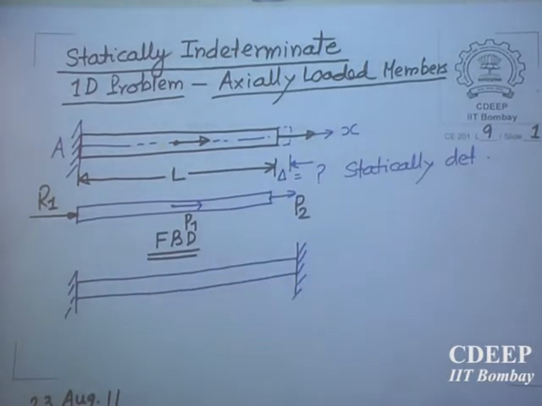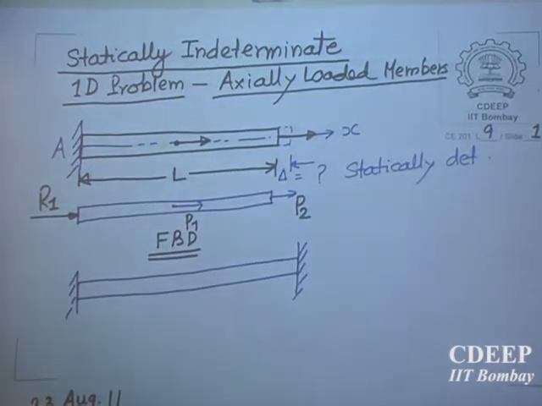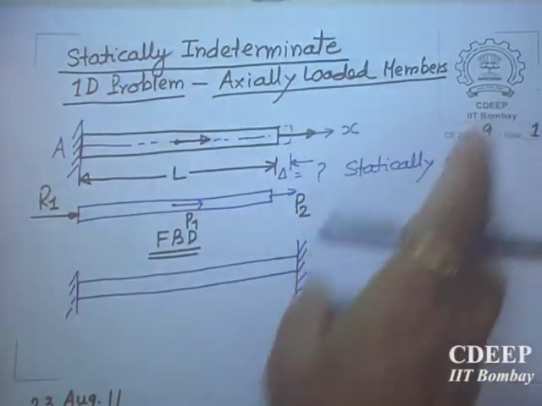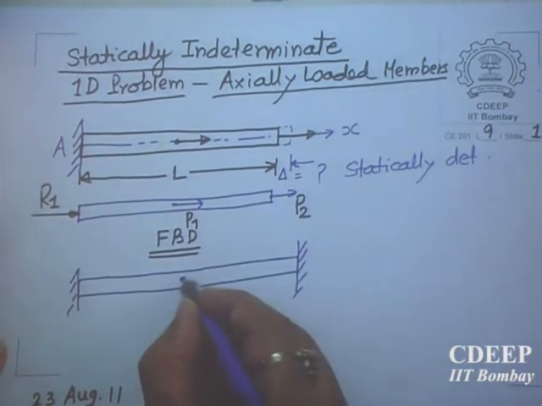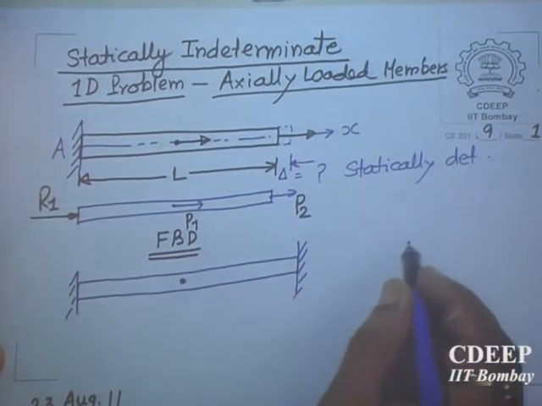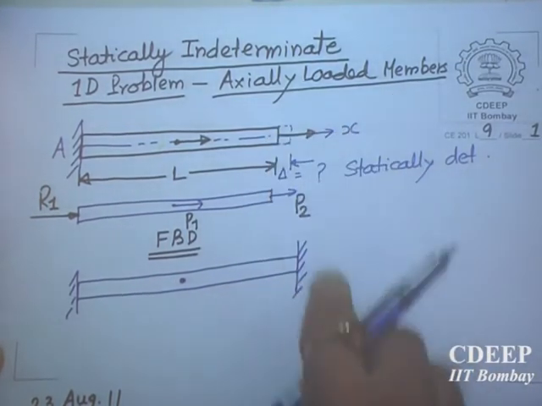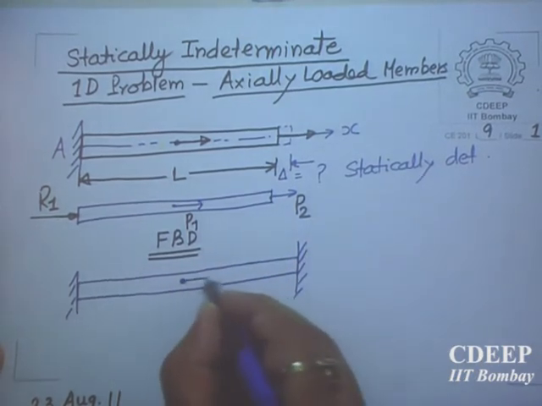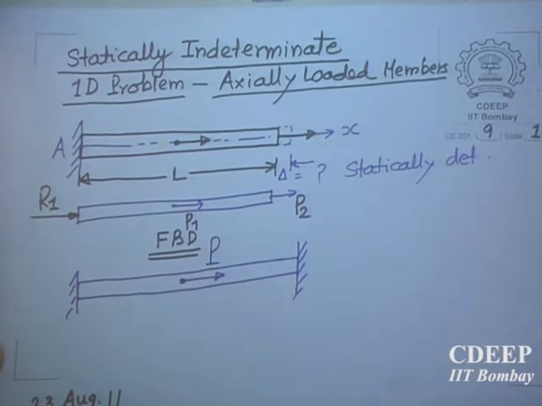First two, so we have made it more constrained. This one was okay, only one support was more than enough to keep it in a stable position, but now I was not happy, so I put one more support, clamped it. Now I apply a load here. There is no point in applying a load at the support, because that will go directly to the support. It will not deform the rod. So this P2 applied here has no effect on the rod. So I am now applying only a load P here. Afterwards, length is L.